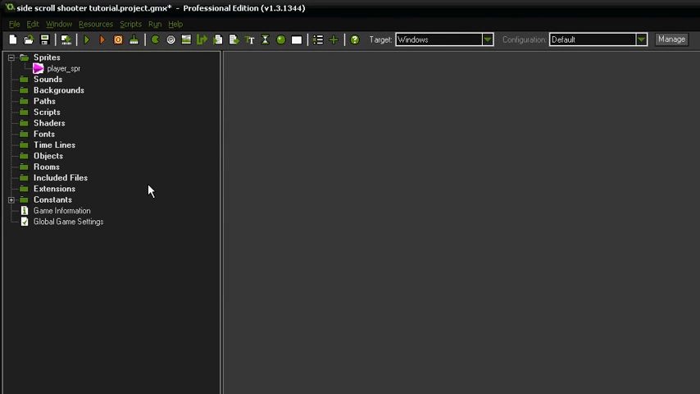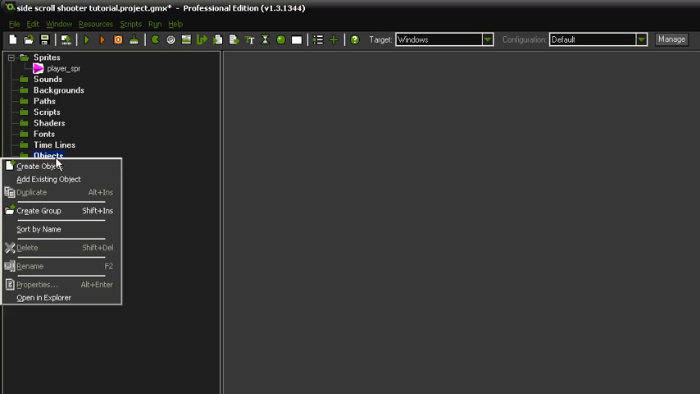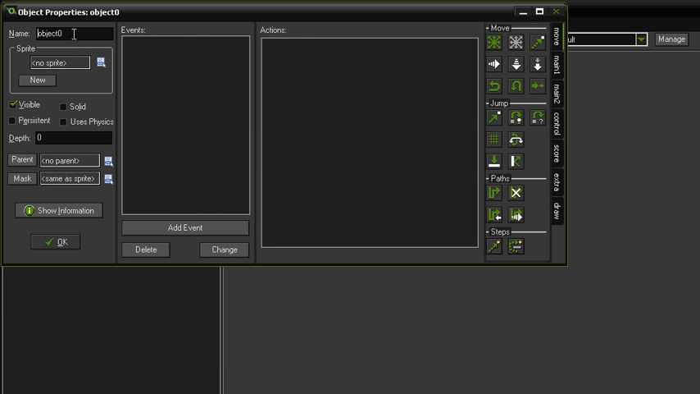Next we're going to make the player object. And objects are the most important asset in GameMaker. It's where other assets come together and you actually code the behavior of that element in the game. So we're going to go to Objects, Create Object, and we're going to give it a name,